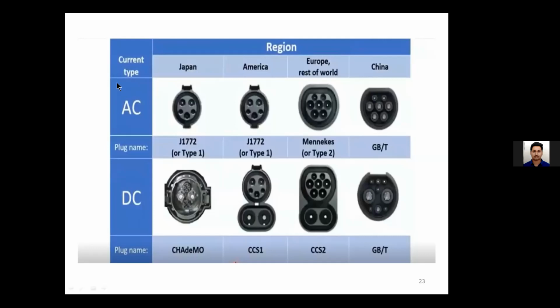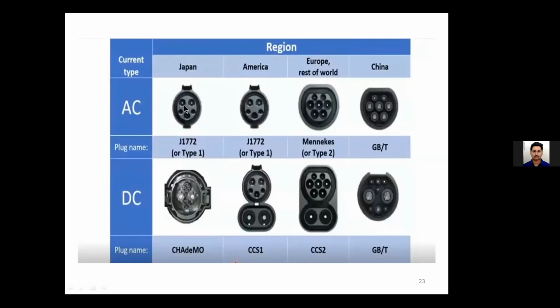So here also we have different types of chargers in order to charge the EV. We have AC chargers as well as DC supply. You can see different types of sockets being employed in different countries, with different names, like J1172, with different plug types. In mobile chargers also we have type A, type C, and so on. Similarly here also we have different types.